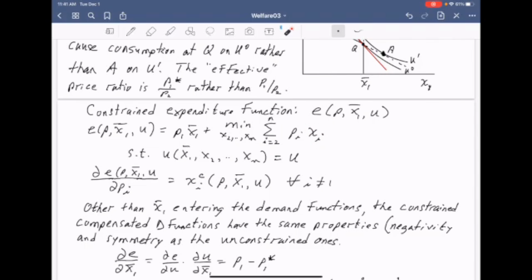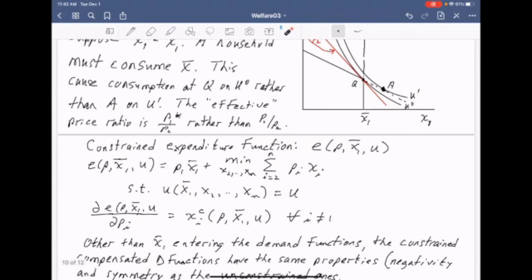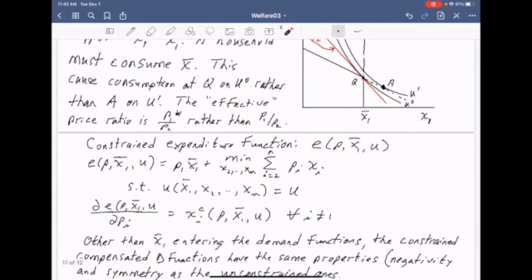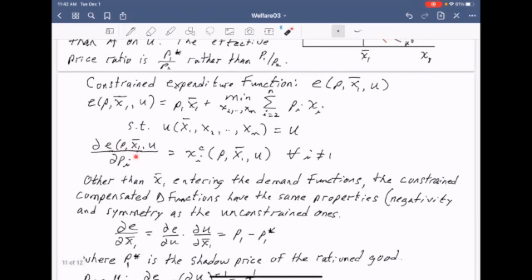And that's subject to... we want to maximize that subject to this constraint. And that constraint tells us that we are at point Q on U0. So we can take the partial of the expenditure function with respect to any Pi, and we get that all of these compensated demand functions for any i not equal to 1 are a function of prices and utility and